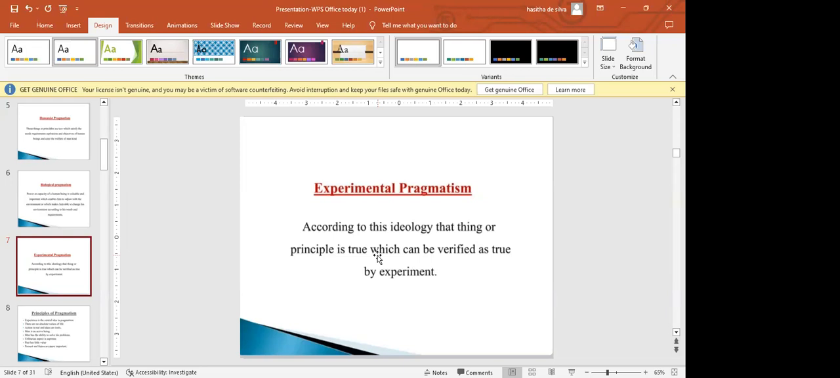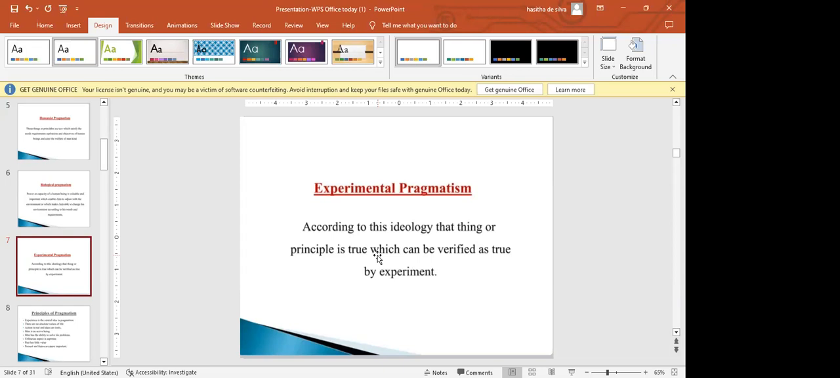This approach also acknowledges the dynamic nature of knowledge and problem solving. Experimental pragmatism recognizes that experimentation can lead to new insights and the modification of existing beliefs. It promotes a flexible and adaptive mindset where individuals are open to adjusting their theories or approaches based on the